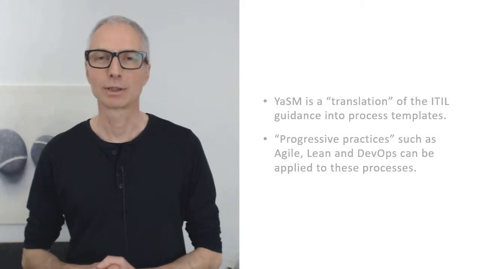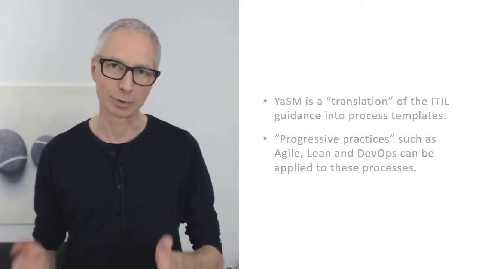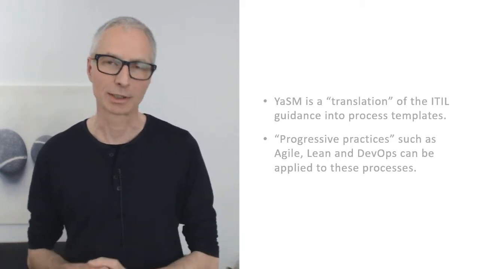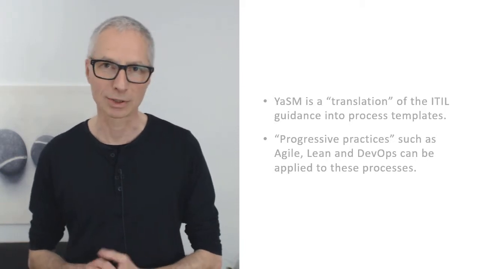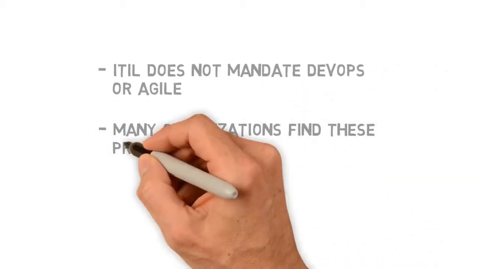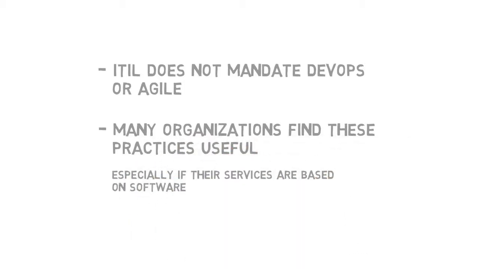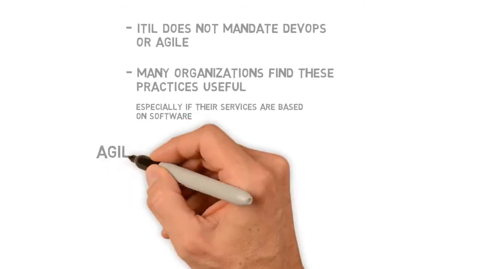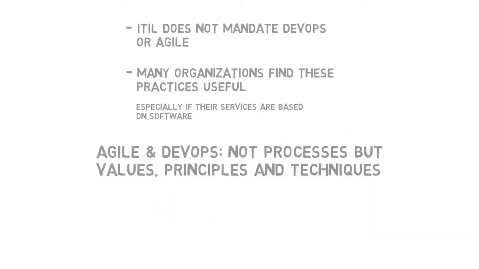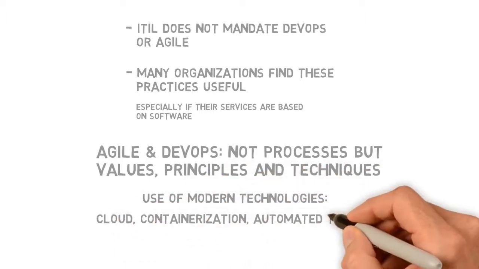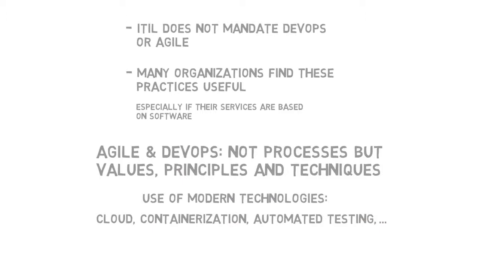Now, this session wouldn't be complete without a brief discussion of the progressive practices, such as Agile, Lean, and DevOps, that are hot topics at many organizations. ITIL does not say you have to do DevOps or Agile, but many organizations will find the DevOps and Agile approach useful, especially if they offer services that heavily depend on software. Agile and DevOps are not processes, but values, principles, and techniques. They usually go hand in hand with the use of modern technologies, such as cloud services, software containerization, and automated